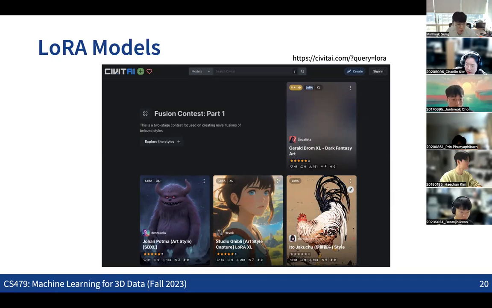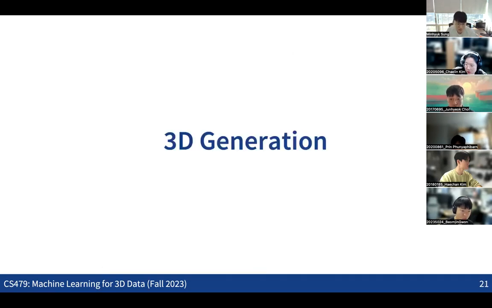But let's quickly go over 3D generation. The reason why we started to discuss the diffusion model is about how we can also apply this idea to 3D generation. There is a lot of work applying diffusion models to 3D generation, and these are obviously very new techniques that have emerged in the last couple of years. We also start to see examples of 3D generative models using diffusion models, so you can see some very recent examples.